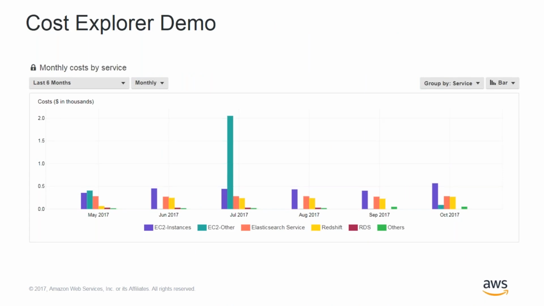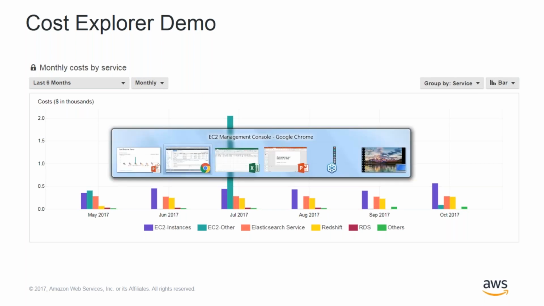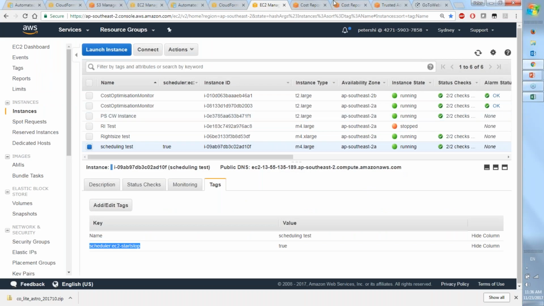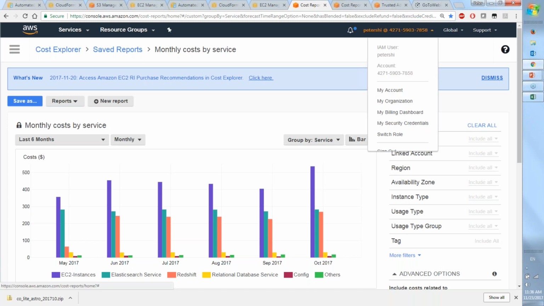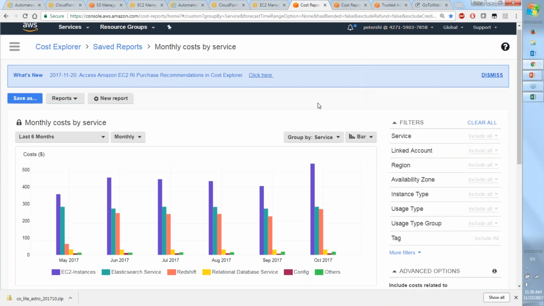And so before I move on, I'd like to give you a quick demonstration of Cost Explorer to navigate costs and provide reserved instance recommendations. And so you can access Cost Explorer by clicking the drop-down and going to My Billing Dashboard, and there'll be a button that gives you Cost Explorer.